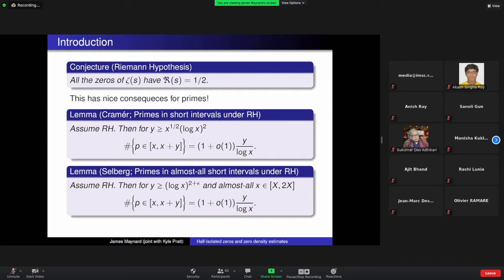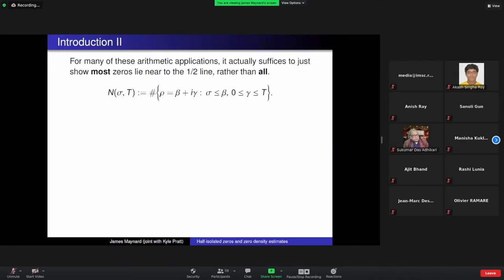So the Riemann hypothesis is just a statement about zeros of the zeta function, but the reason I care about it is that you have lots of nice consequences for the distribution of primes, and in particular the distribution of primes in short intervals. But unfortunately, the Riemann hypothesis seems hard to prove. One nice thing is that if all you care about is the consequences for primes in short intervals, then you don't need something quite as strong as the Riemann hypothesis itself.